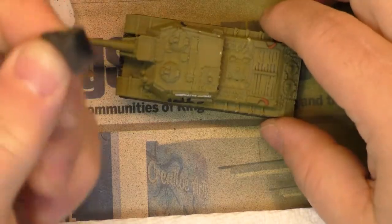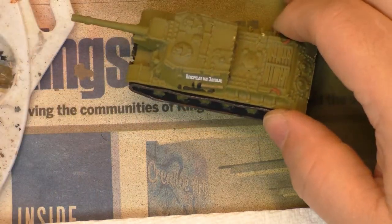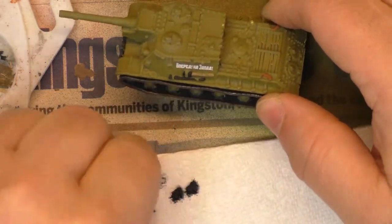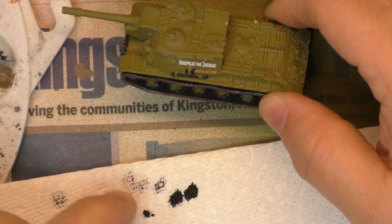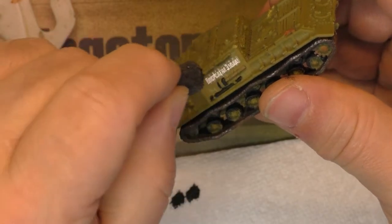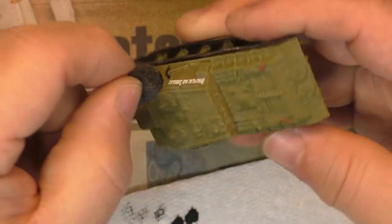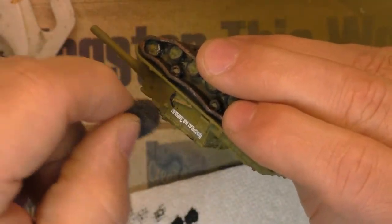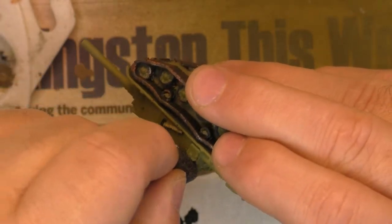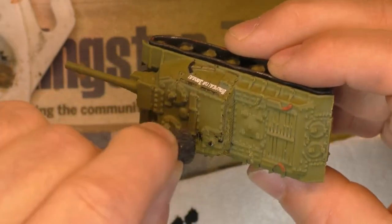So now the decals are installed, I'm going to use that sponge that I cut just for a little piece. I'm going to use black paint. I'm going to apply black paint on the sponge, then clean off most of it, so there's only a few drips on it, and apply it. The reason for that is that when you put the decal on, sometimes it's over the paint, and the paint is also removed there, so that's the reason for it. You just have to apply it where most likely the crew will walk,